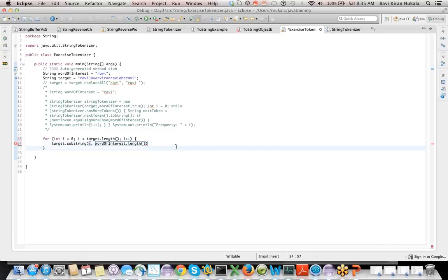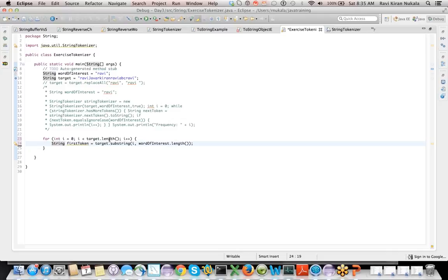What happens here? You will get the first four characters, so this is the string, the first token. You'll get the first four characters, Ravi as the word or something.